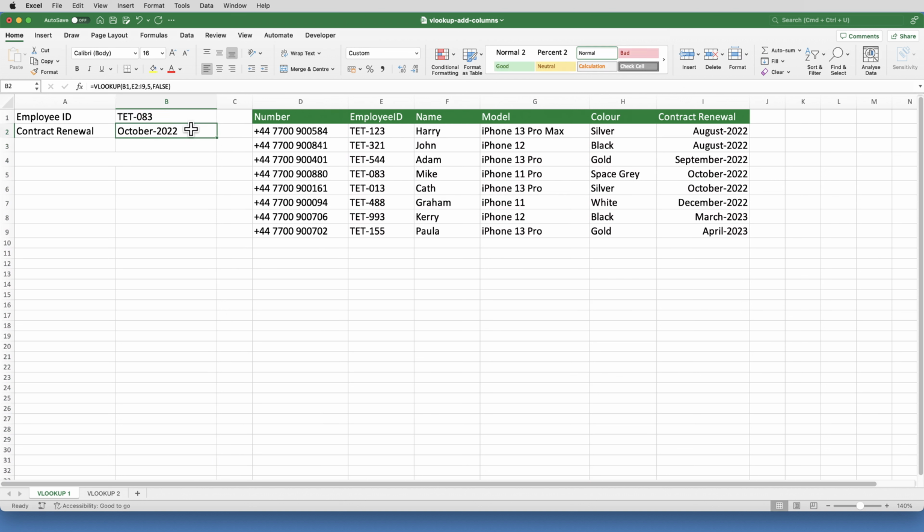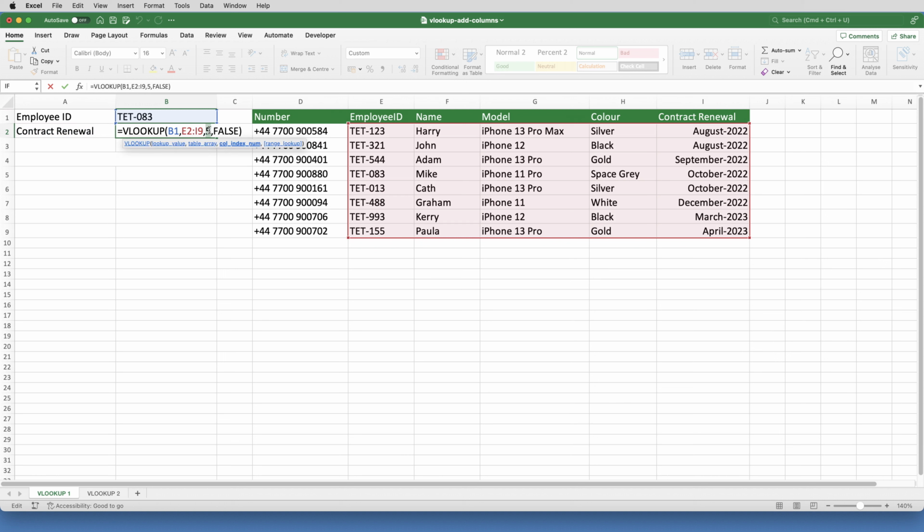So let me show you one way to solve this problem. It involves using the MATCH function, which returns a number, the number being the position of an item within a range. For this to work, I need to make sure that the text in A2 matches the text in I1, which it does, contract renewal and contract renewal. Then I'll edit the formula and I'll replace the 5 with a MATCH function. So if I just select the 5, delete it, and then put in MATCH, open brackets,